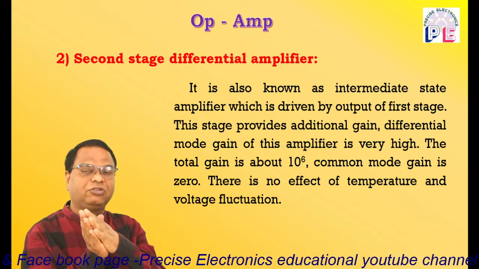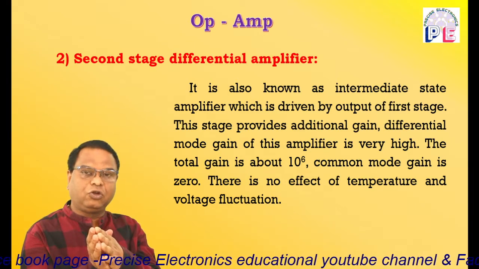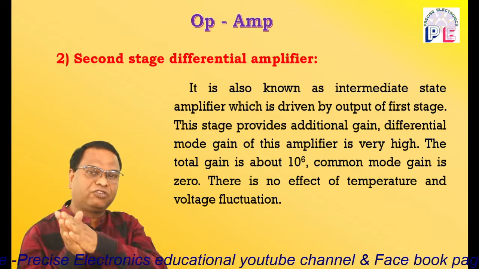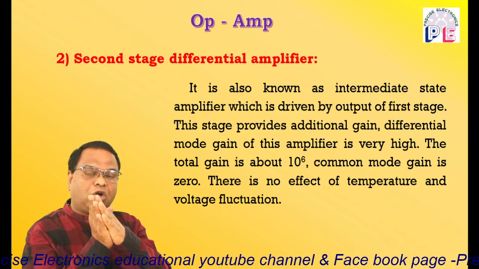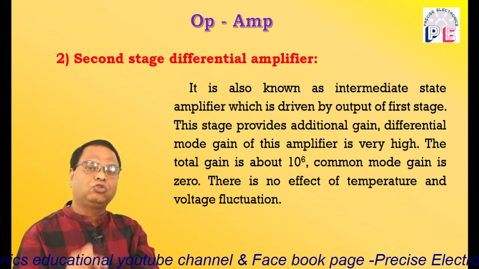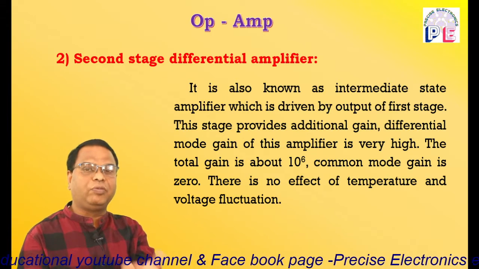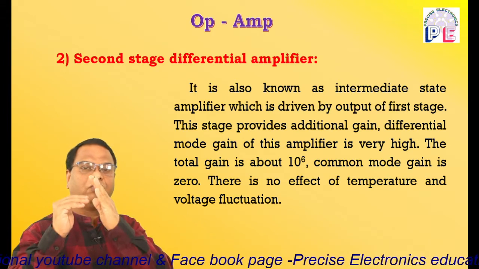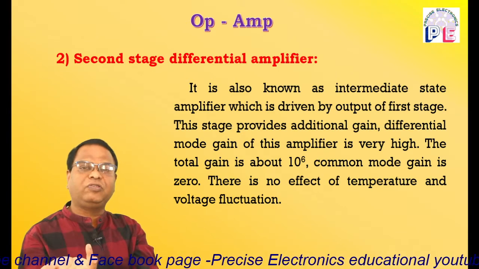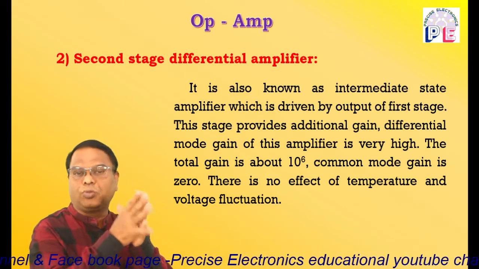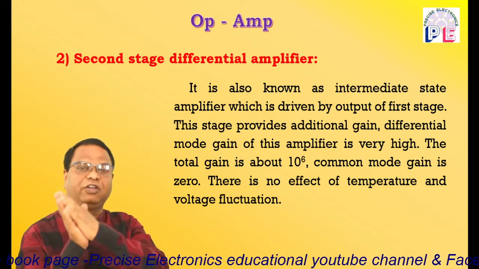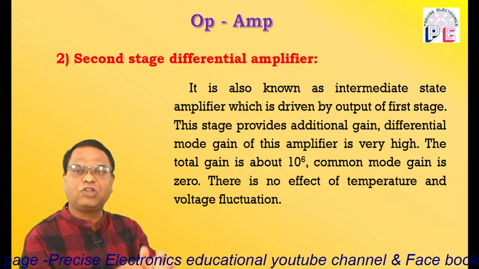What is the advantage? If the common mode signal is able to pass to the first block, it will not be able to pass the second block, because as gain is 0, the common mode output will be 0, because output is the product of gain and the input signal. As gain is 0, output will be 0. So there will be no common mode output signal. Only the differential input signal is available at the output terminal.